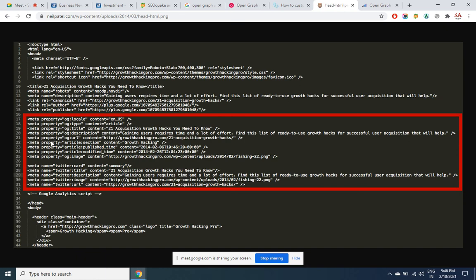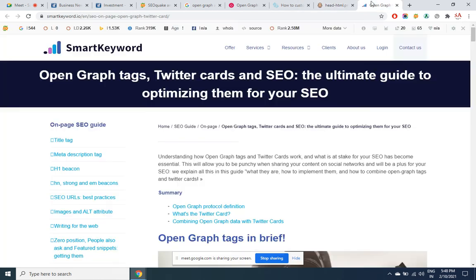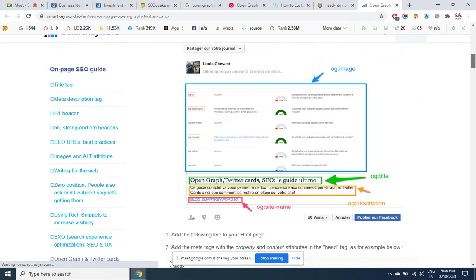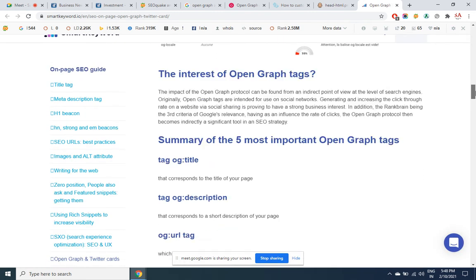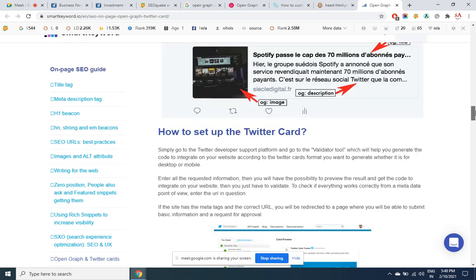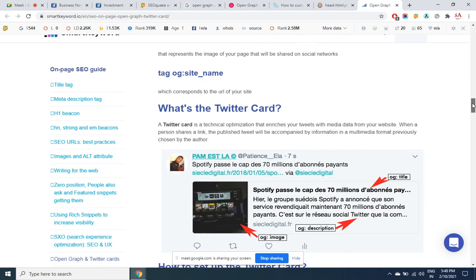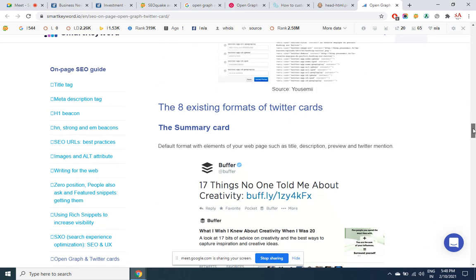So this is the one. This is all OG. This is all Twitter card. Every tag is explained if you want to get the detailed information on that.